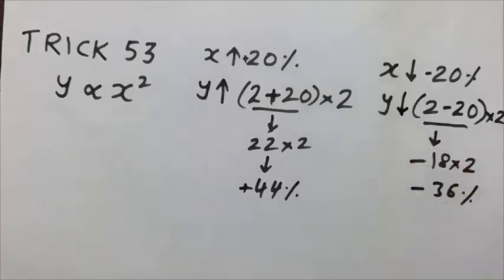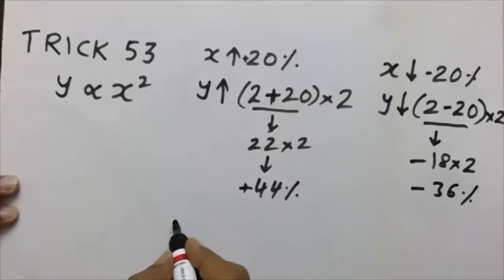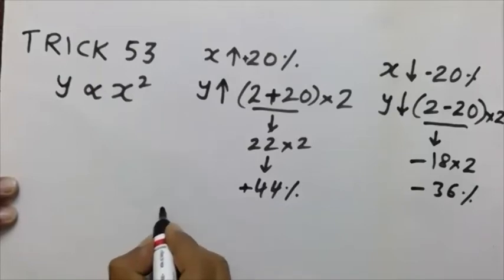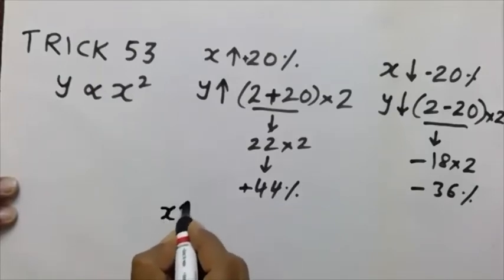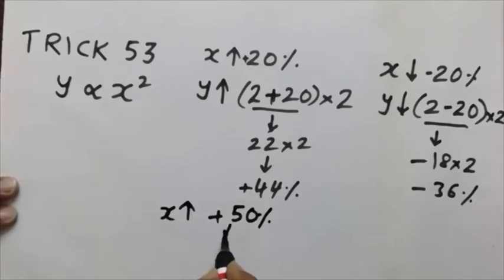So let us go with one more small example. Simple method. I will only explain how to write it. But let us complete one more example. Let us go with 50%. X increases by 50%. What to do with this? Simple. 5 is there here. 5 plus 20. 20 is common. 5 plus 20 into 5.